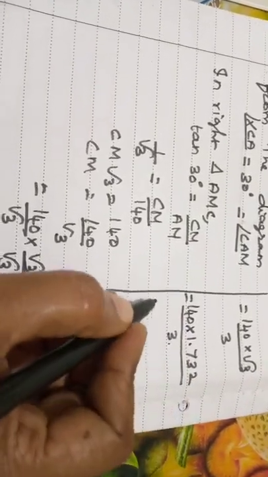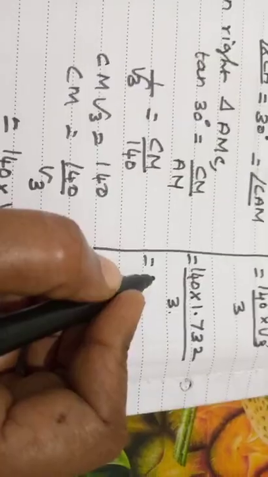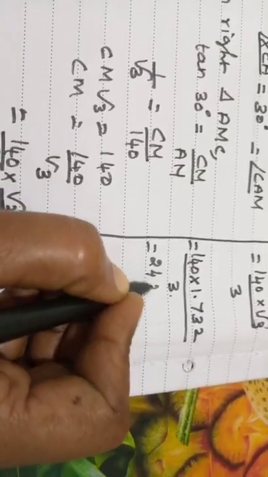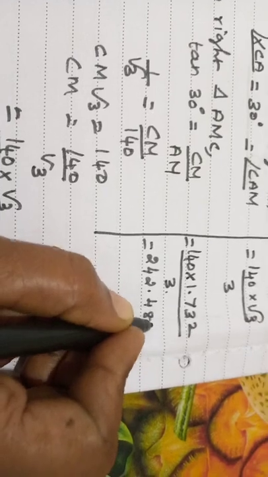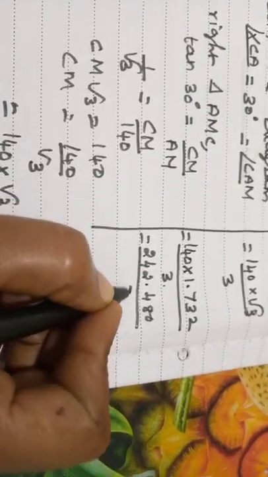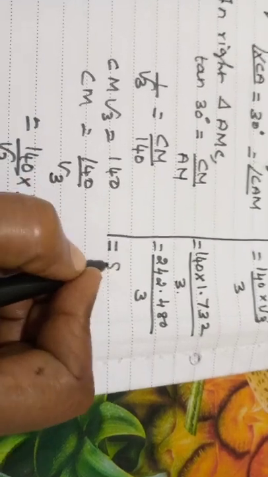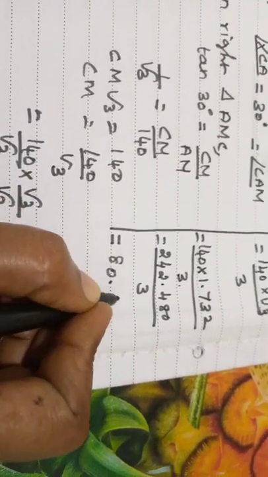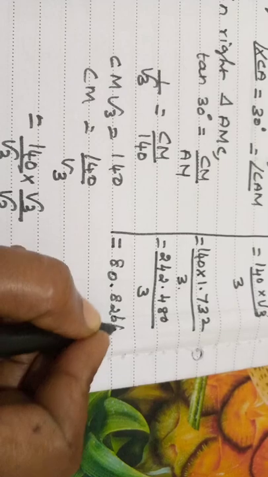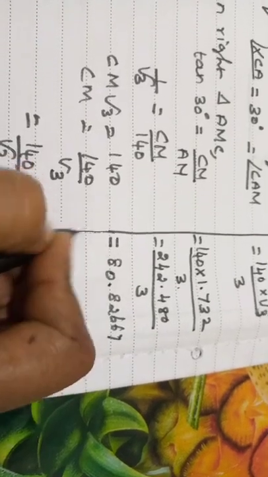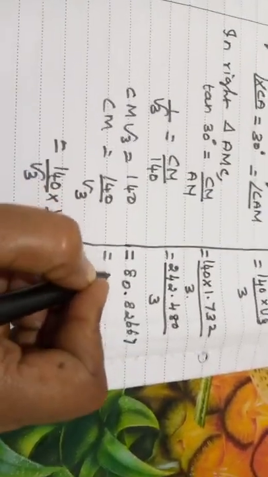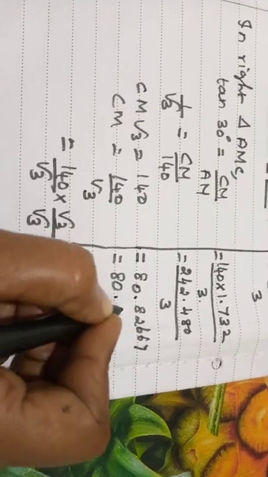Which is equal to 242.480 by 3. So as usual division, let's divide it. We get 80.82667, which is equal to 80.8